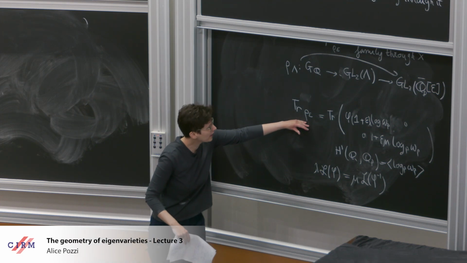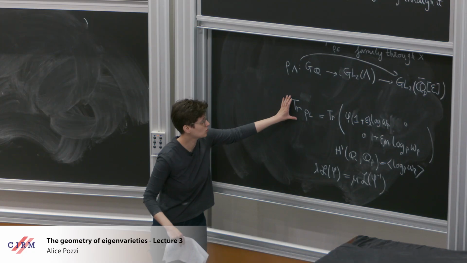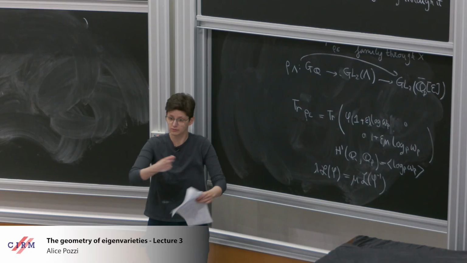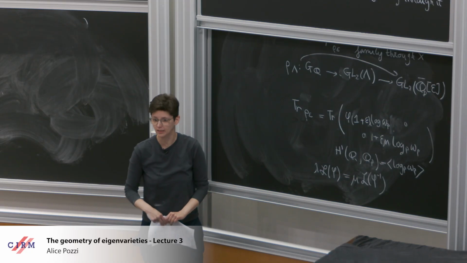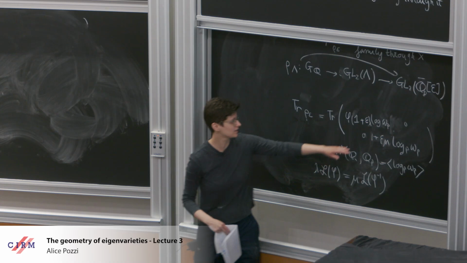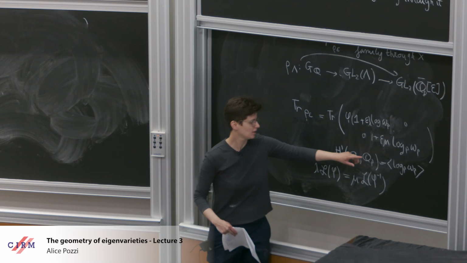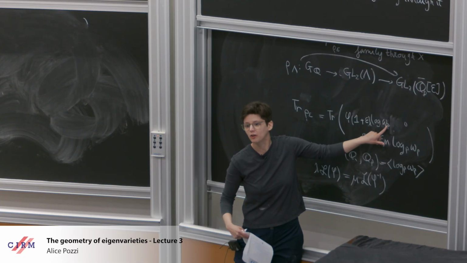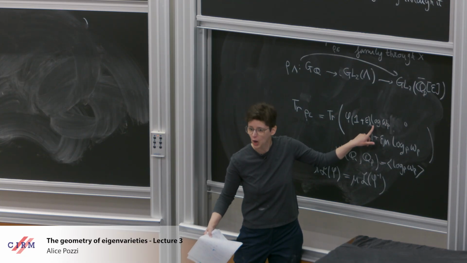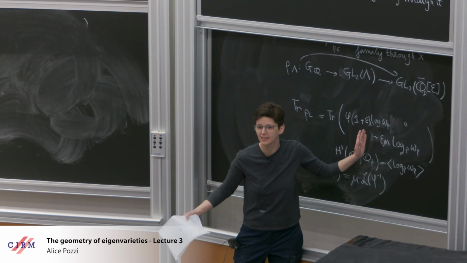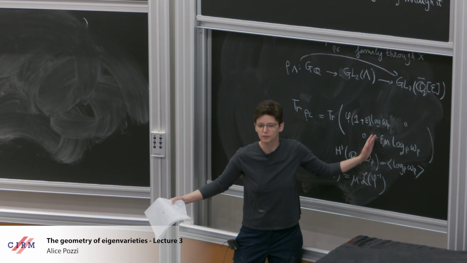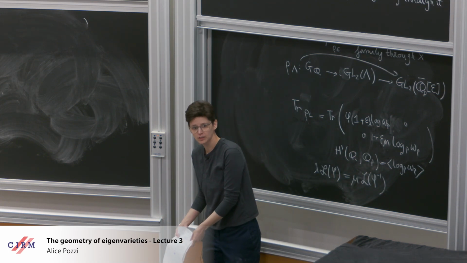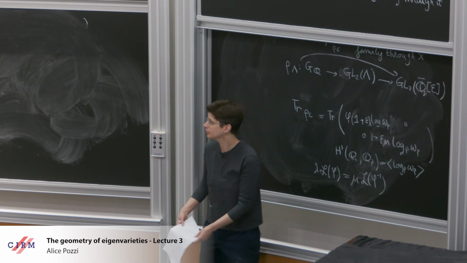And now if I want to evaluate this trace of the representation at Frobenius at l for l not dividing p, that's actually not that bad, because if I know that the shape is this, what I have here is simply, I'm going to take the cyclotomic character of Frobenius l, that's l, and I'm going to take its log, so that's log l. And this gives me a complete formula for the trace of this representation, which in turn gives me the derivative of the L-value.